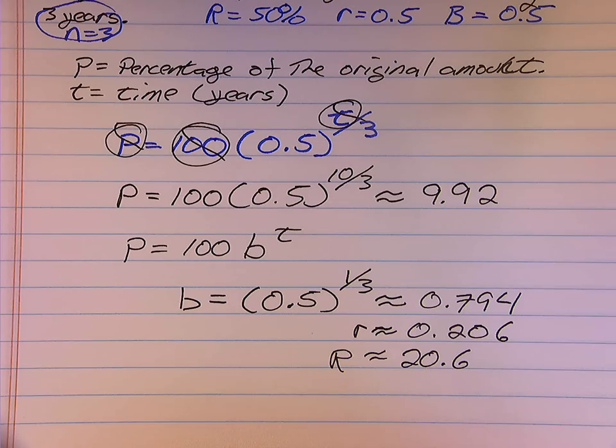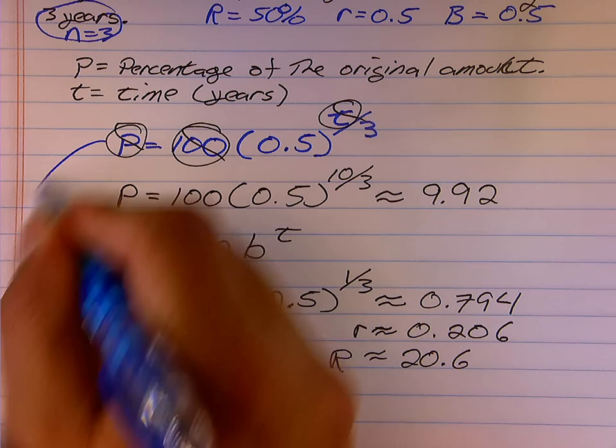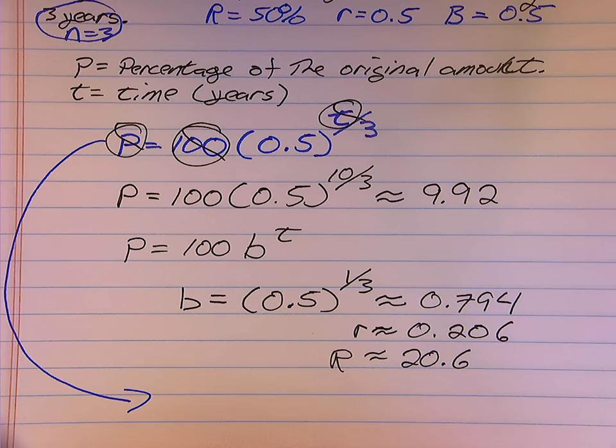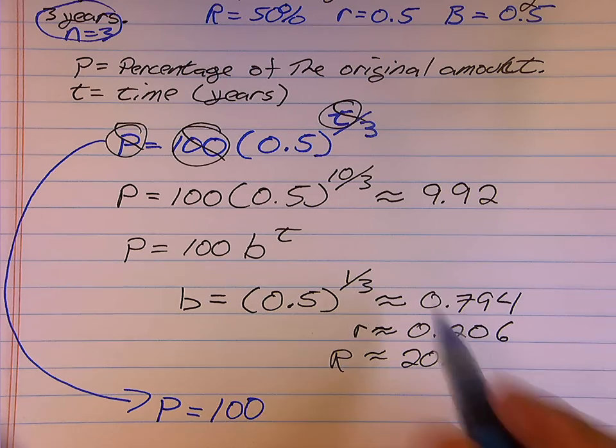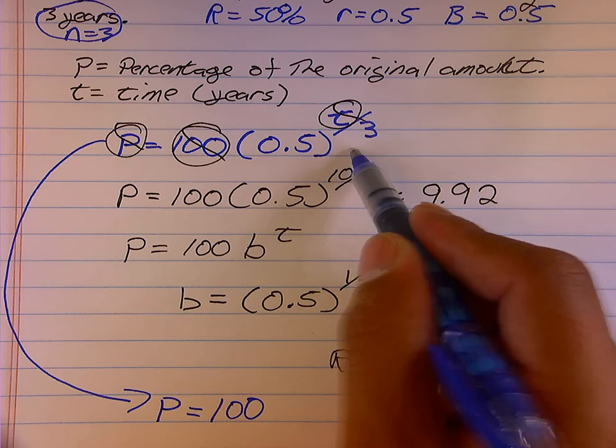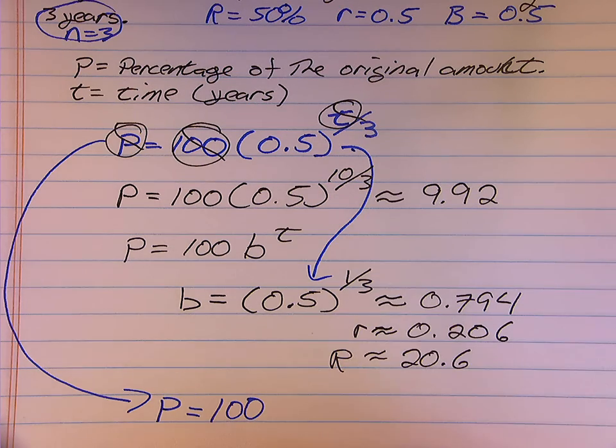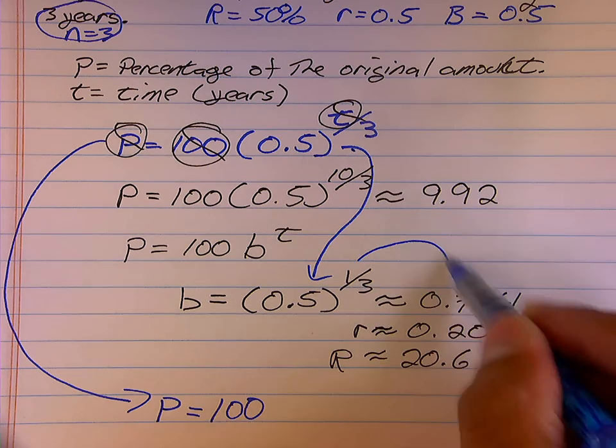Many times it's easier to work once you have the formula in the standard form, even though it's slightly rounded. I could rewrite this formula now. This exact formula here can be rewritten in the format. P is my percentage of the original amount. I start off with 100%. And here's what I said. This factor on this formula